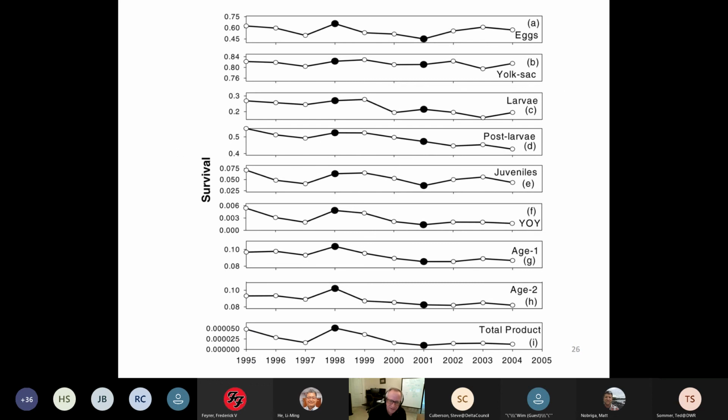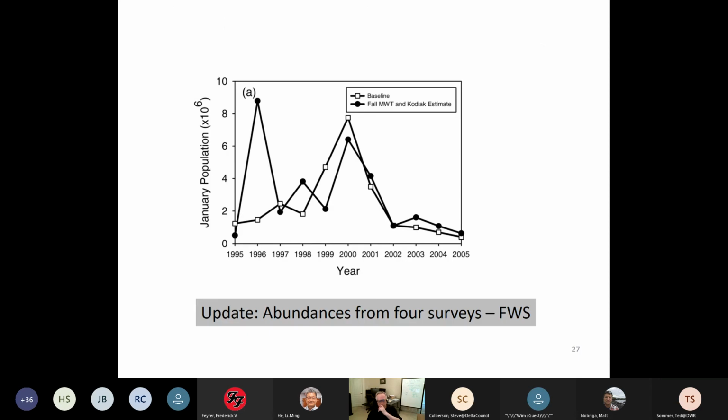These are life stage survivals. So this is what I use as a diagnostic tool when I try to answer a question. I perturb the model somehow. I put in a good year, put in a bad year, and I look at these stage survivals by year. Eggs, yolk sac larvae, post larvae, juveniles, young of the year. That's the product. Age 1, age 2, everything. And it really tells you a lot. And then you start digging deeper. Well, why was larval survival higher like it is in 98 here compared to 2001? What was different about it? This was the extent back then. By the way, the Kodiak trawl was new when we started doing this stuff.